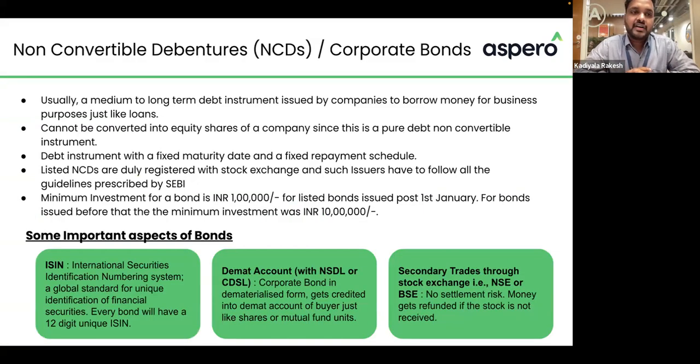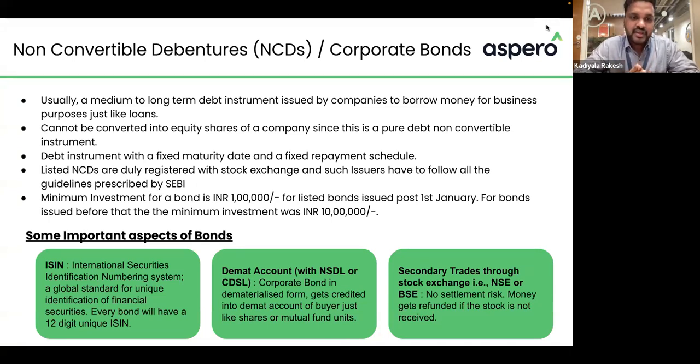And here we'll cover more about non-convertible debentures or corporate bonds. So usually a medium to long-term debt instrument issued by companies to borrow money for business purposes, just like loans. The name itself says non-convertible debenture, so this cannot be converted into shares of a company. Since this is a pure debt instrument with a fixed maturity date and a fixed repayment schedule, listed NCDs are duly registered with the stock exchange, and such issuers have to follow all the guidelines prescribed